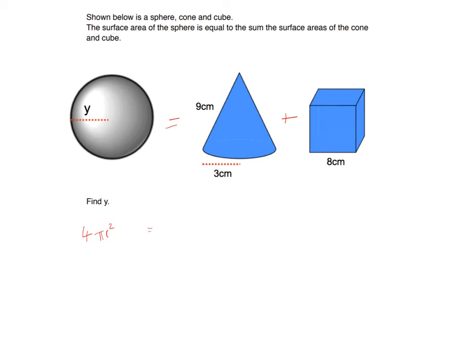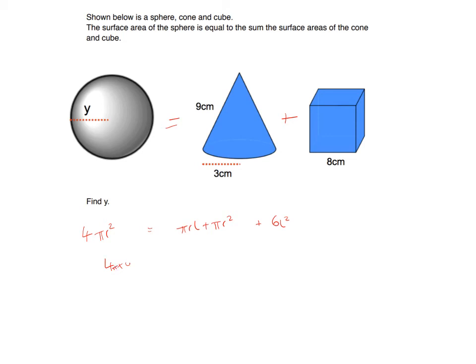And we can get our surface area of the cone. Remember that it's the curved surface area plus the circle underneath, and then the surface area of the cube, which is going to be the length squared and then the 6 faces, so 6l squared. So what numbers do we have? Well, we've got 4 pi,